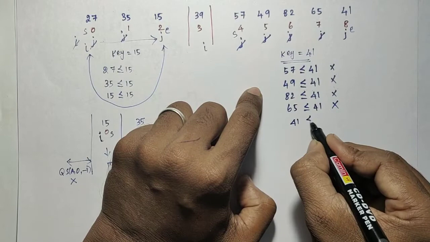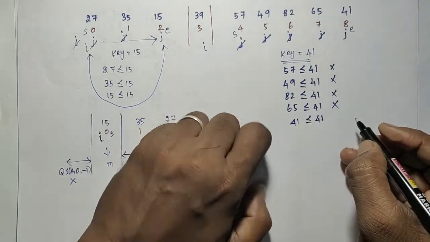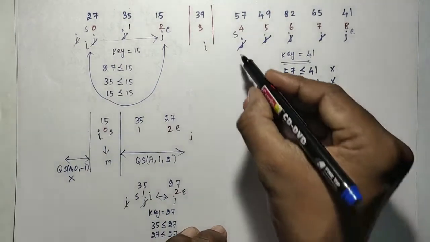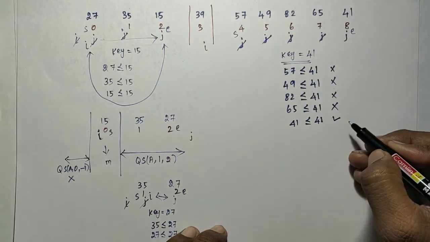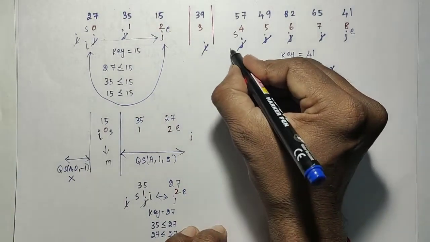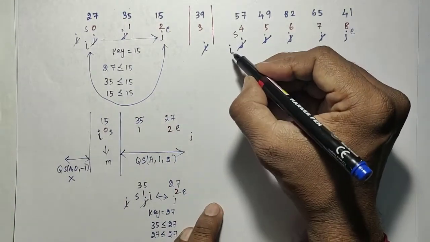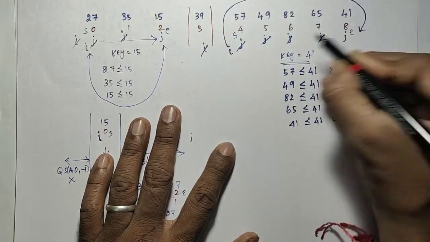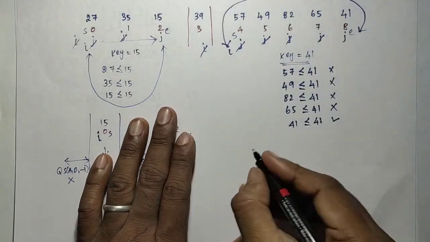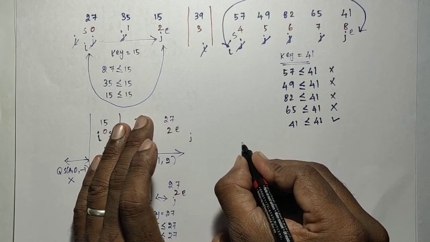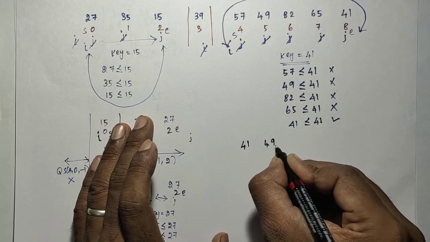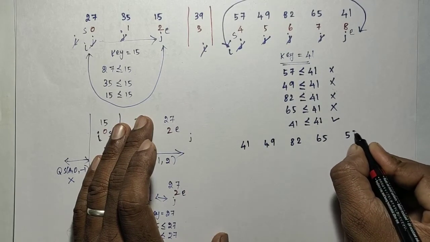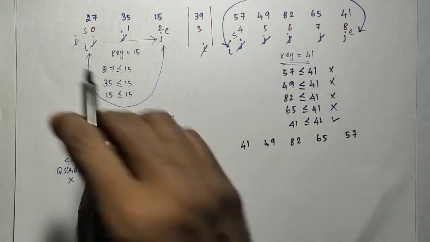And 41 is less than or equal to 41. So the condition is true now. So now I need to increment and swap. Increment and swap means I will be moved to here and this ith element and jth element will be swapped. So these two elements will be swapped. Okay. So that 41 will be in the position of 57, and 49, 82, 65 and 57 in the position of 41. So index are